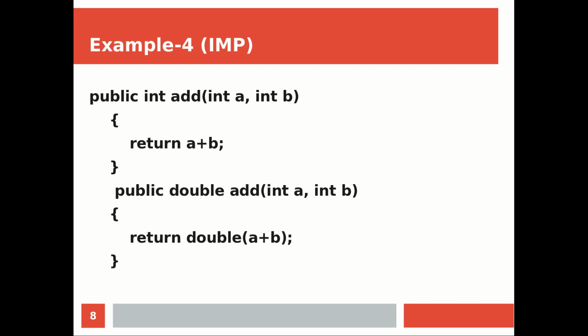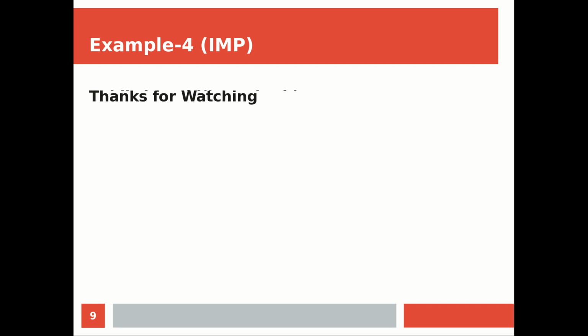As I mentioned earlier, the corner case, or good point, is that if only the return type is different, then it is not method overloading. We need either a different number of input parameters, different types of input parameters, or a different ordering of input parameters. So that's it for today. We have covered method overloading in just 5 minutes, and it is a very simple topic.